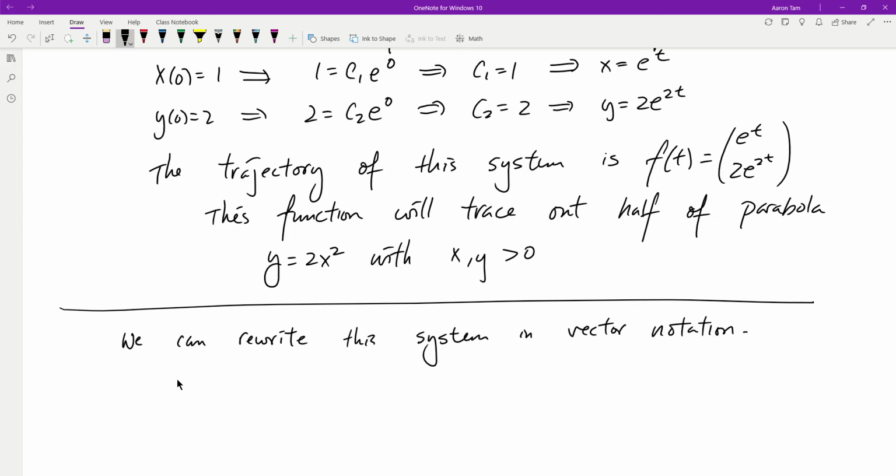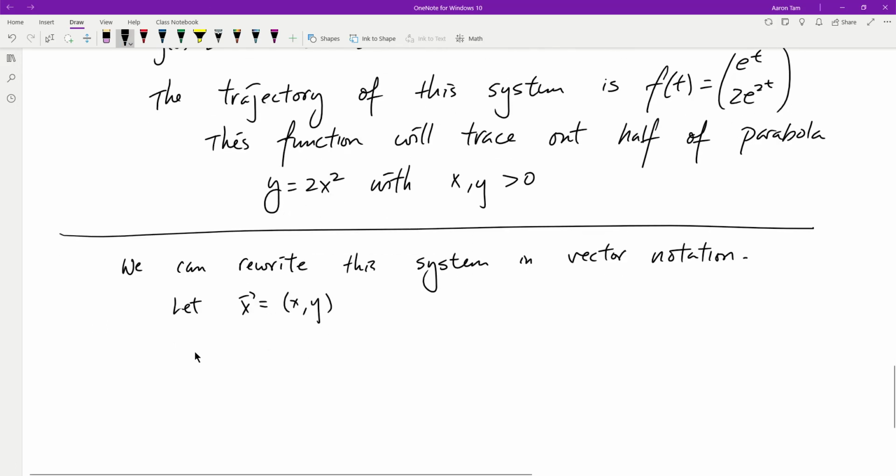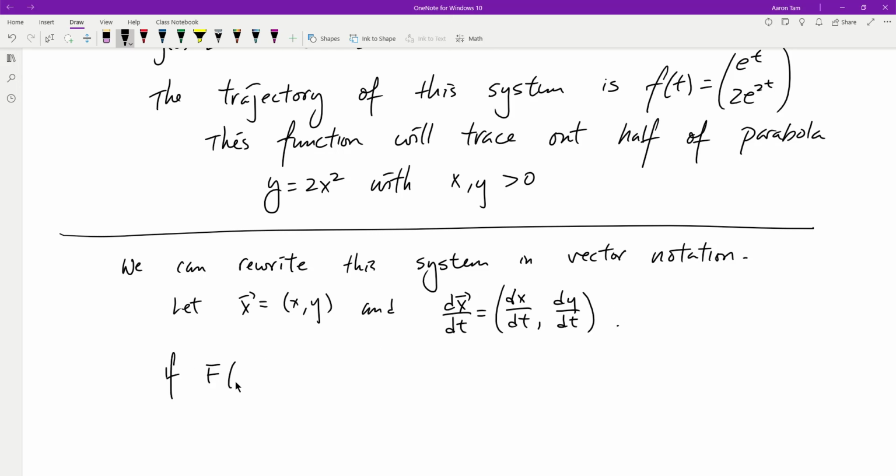So how do I do that? Well, how about simply we do the following. Let's say we let vector x be (x, y). And let's say we let d vector x over dt be equal to (dx over dt, dy over dt). So in this case, if our capital F of (x, y), which is basically capital vector F of vector x, is equal to (x, 2y),